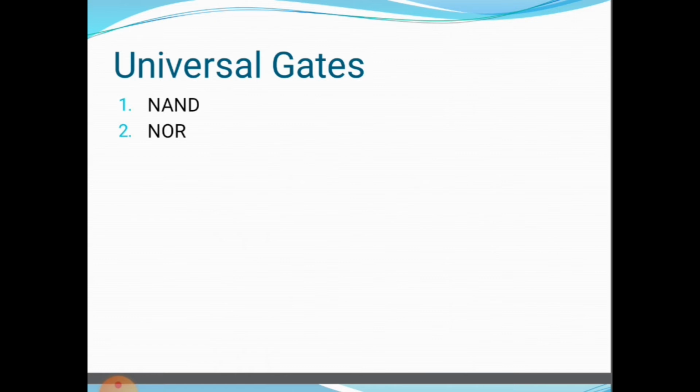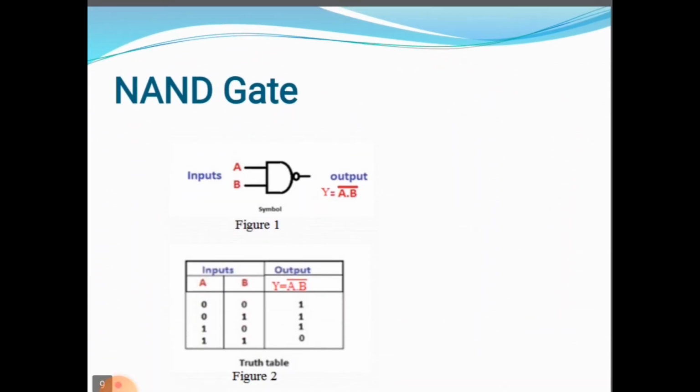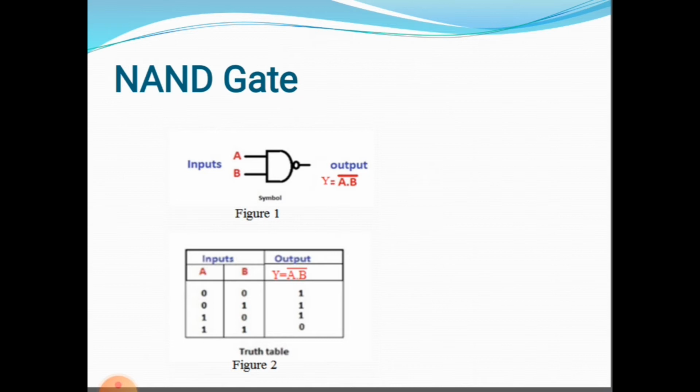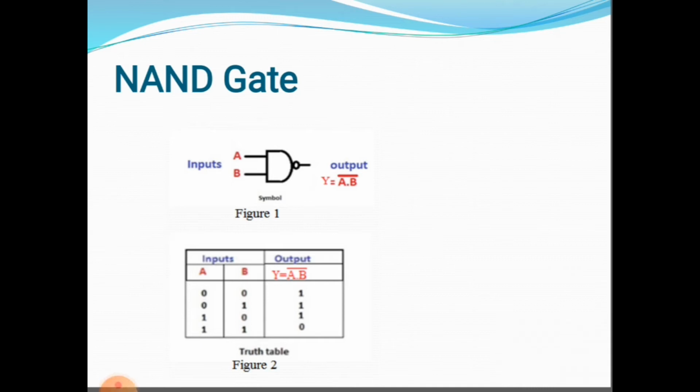and NOT. Let us see the NAND gate one by one. Figure 1 shows the logical symbol for a NAND gate, and figure 2 shows the truth table for a NAND gate. Here a bubble on the output side of a NAND gate represents NOT operation, inversion or complementation. Look at this figure. This is a bubble. This bubble shows the inversion or complementation part. The NOT AND operation is also known as the NAND operation.